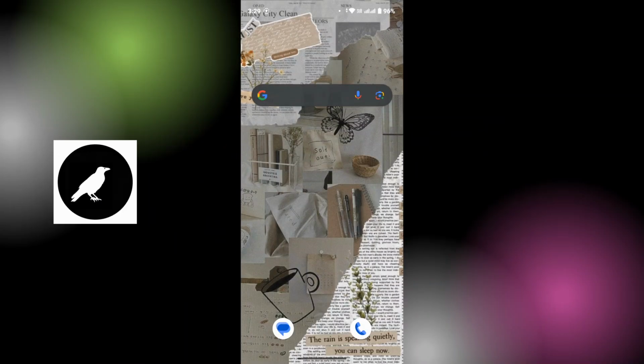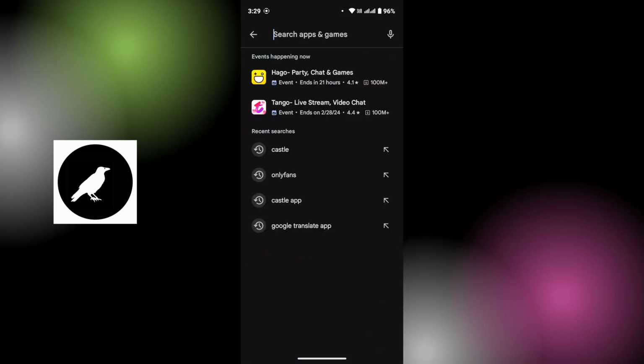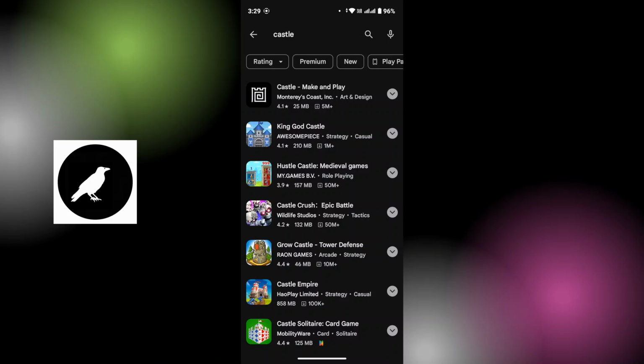First of all, on your mobile device, open up the Google Play Store. Now on the search bar at the top of this interface, type in Casual and search for that. You will get multiple search results. From there, tap on the first app that says Casual Make